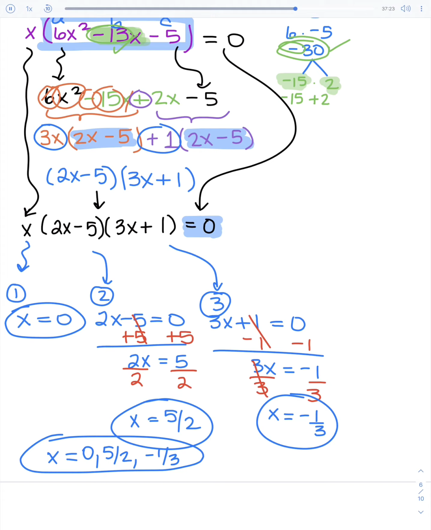Let's take a look at I. In I, we've got 25x cubed equals 64x. Now,